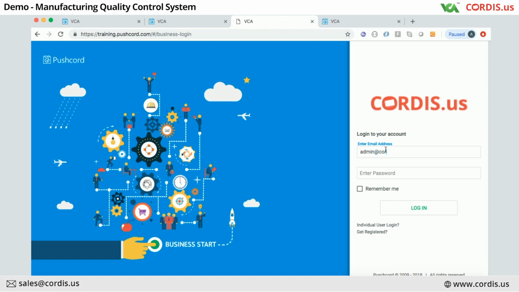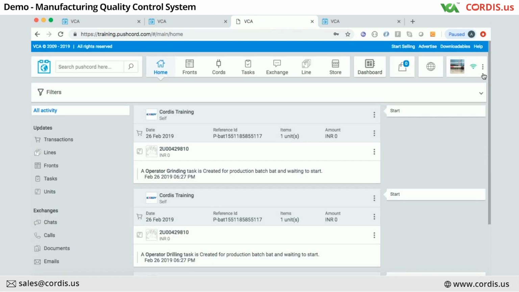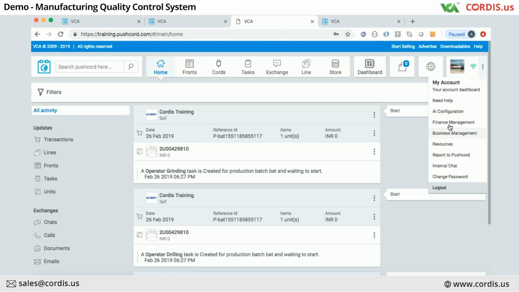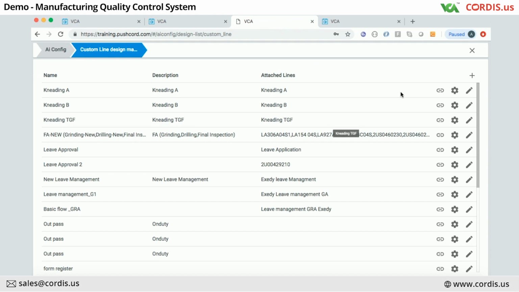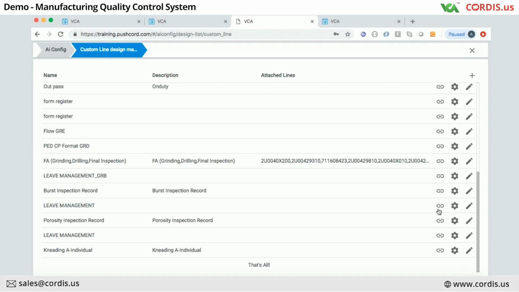Okay, so admin. So what was the password of this? Okay, so I went in here, and then I went in here, and then I have this line configuration, and let's go out to some of the